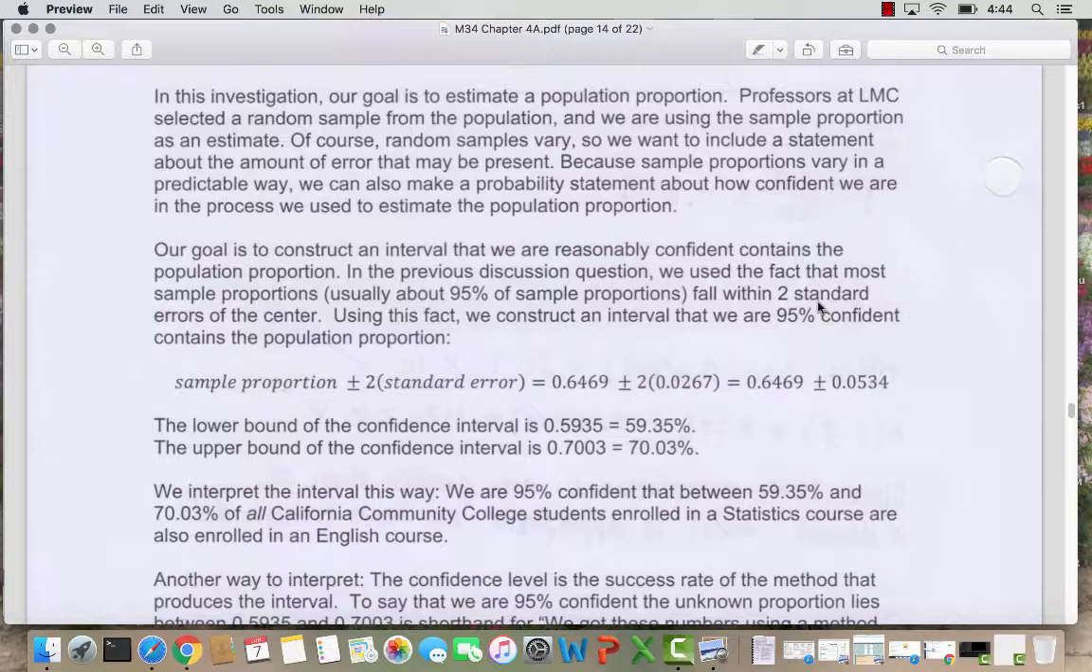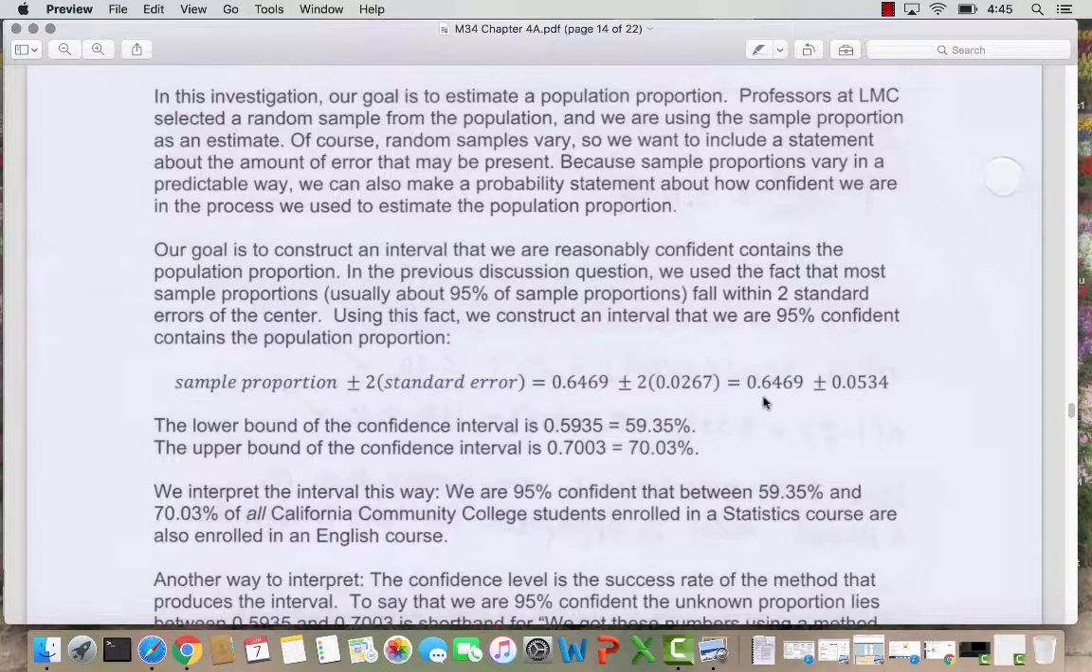And so using that fact, we construct what we call a 95% confidence interval. I start with the sample proportion, and then I'm going to add and subtract 2 standard errors to get a range of possible values that I think the actual population value might lie in. So we've got here our sample proportion, 0.6469, and this symbol's plus or minus, meaning we're going to go through two operations. 2 times 0.0267,